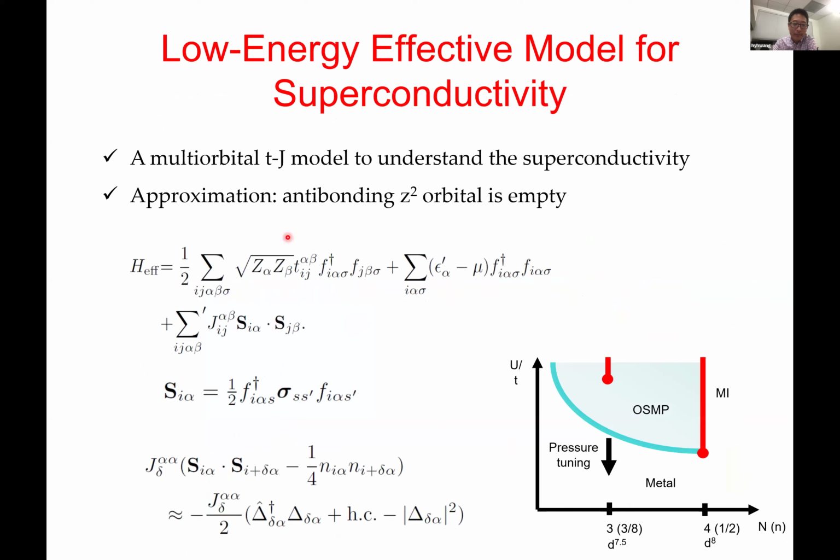Okay. So I just said that we consider the parent phase to be a putative half-filled Mott insulator. And we can understand the real system by doping this Mott insulating phase, so that we can derive a multi-orbital t-J model, including both the x squared minus y squared and the z squared orbitals. It includes a hopping term, which is renormalized by the electron correlation effect, and also an antiferromagnetic super exchange term. By decomposing this super exchange into the different pairing channels, we can self-consistently solve this model